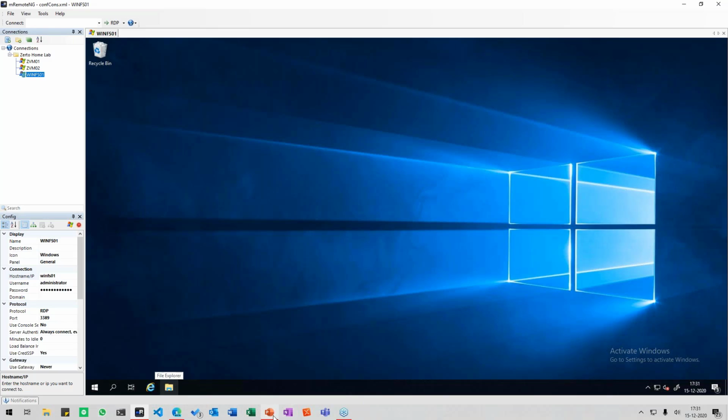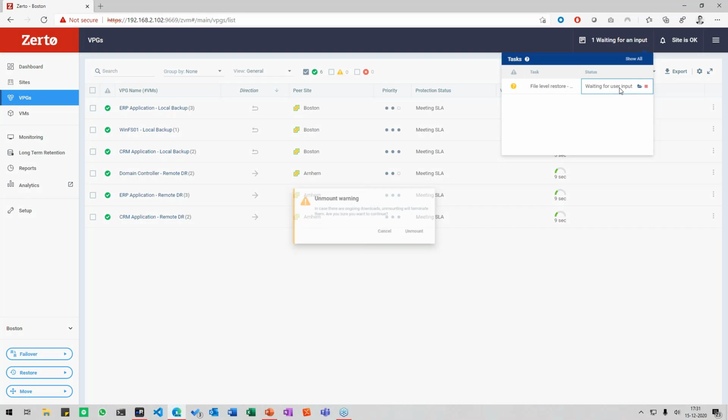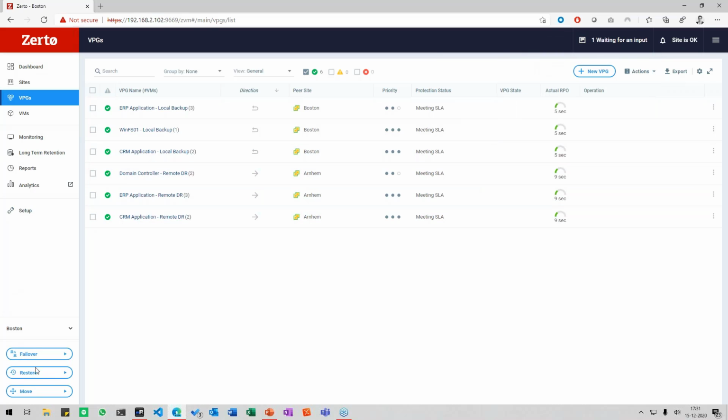Now, of course, I mentioned index and search. So let me quickly guide you through how index and search works. Again, it's a more restore backup type of use case. So I'll simply go to restore, search and restore,